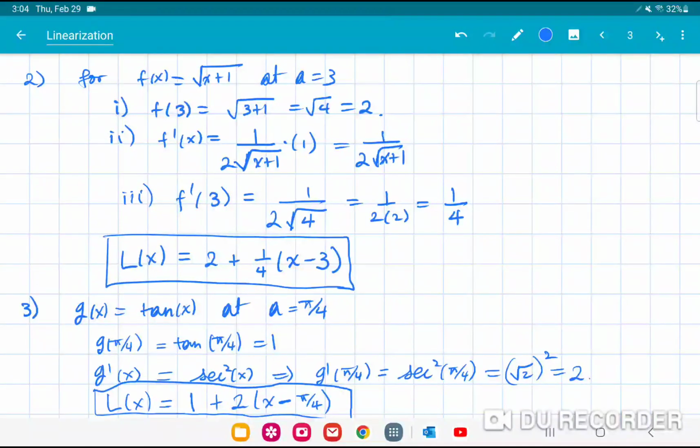That's the final answer. Okay? If you draw the graphs of this function and this function, you can see that there is just a nice clean